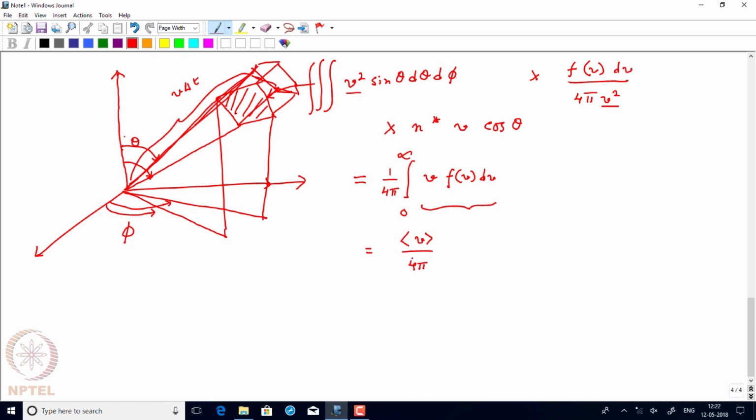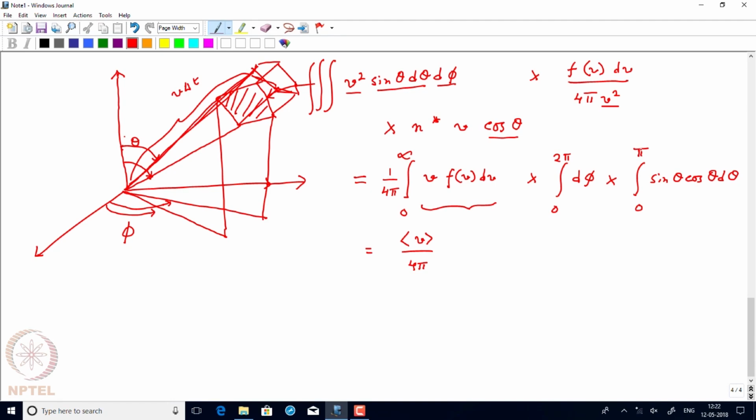We don't need to explicitly use the Maxwell-Boltzmann distribution. Then what we are left with is d phi, a straightforward integration between the limits 0 and 2 pi. And then we are left with the theta integration. We have sine theta d theta plus a cos theta, and this cos theta is coming because we had a generalized formulation where the cylinder was a slant cylinder for an arbitrary molecule coming with an angle theta. So that's why we have here sine theta cos theta d theta, and that integration is between 0 and